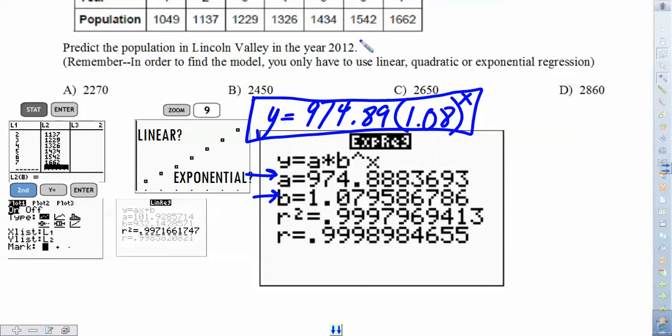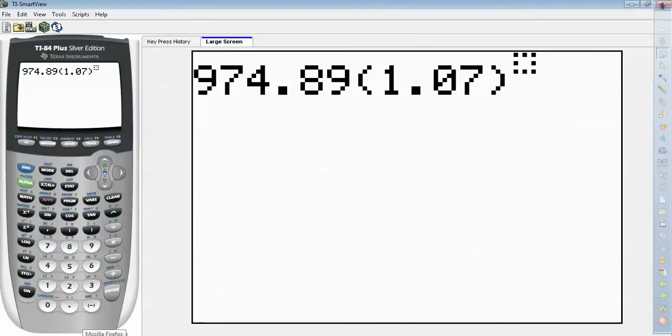Now, how could you actually answer this question? Predict the population in the year 2012. Well, why don't we just take this data that we have right here, this 974.89 times 1.08 to the x, and let's determine what value do we actually need to raise this to predict that population in 2012. Let's go back and look at the data. If we look at the data here